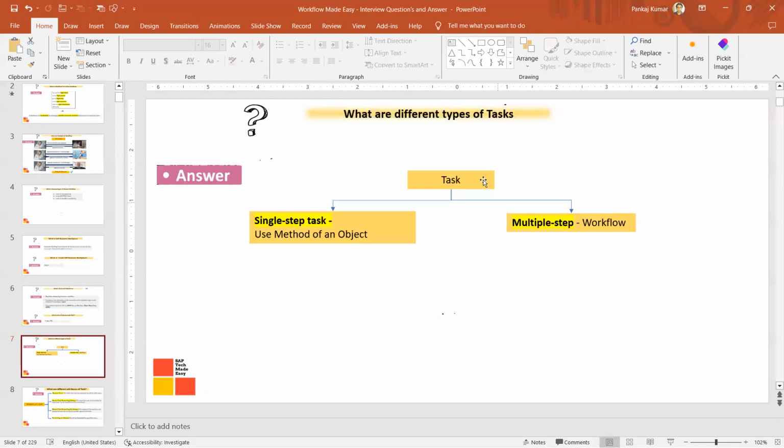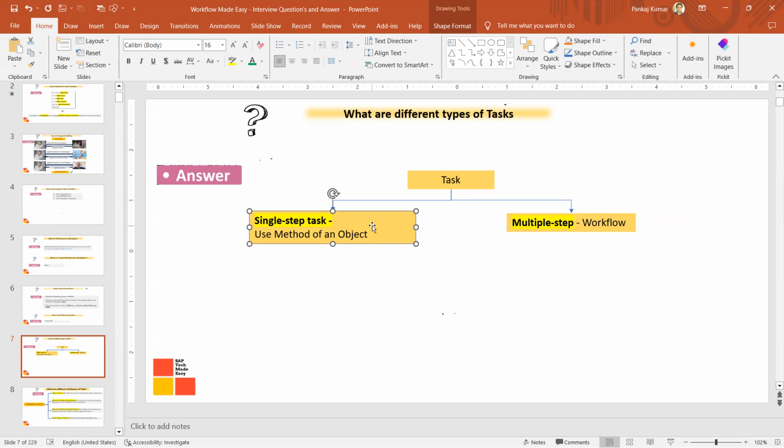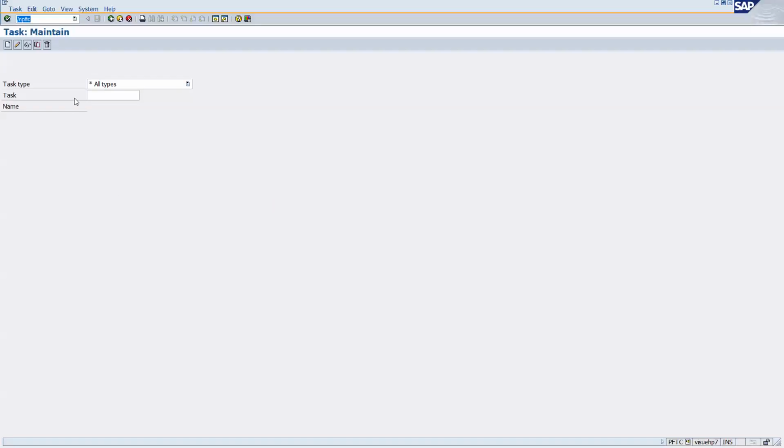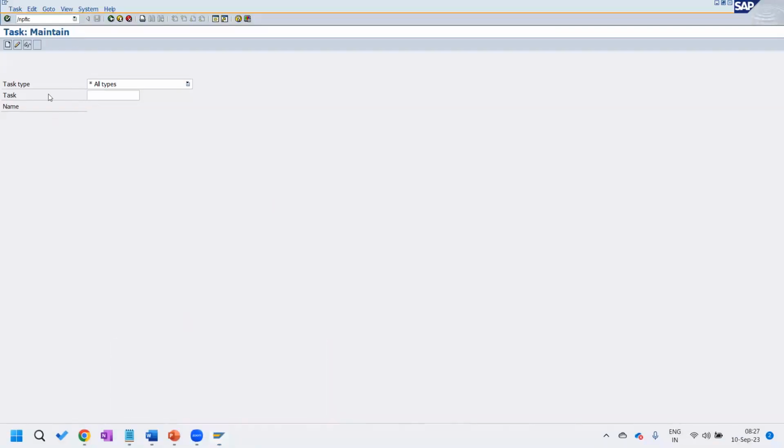Now, what are the different types of task? Task can be divided into two categories. One is the single step task and another is the multiple step task. A single step task is like a normal task, which will have just a single step, which can be achieved with the help of an object, the method of a class, right? So for example, if you come here in this system